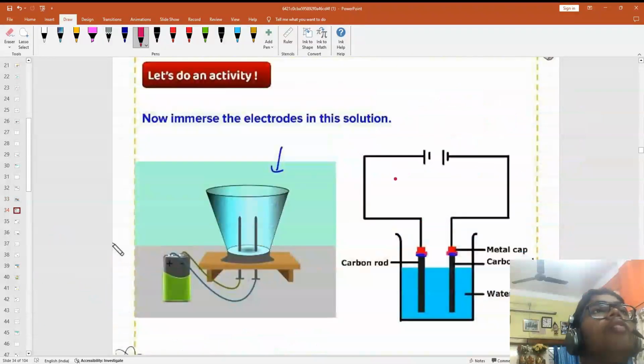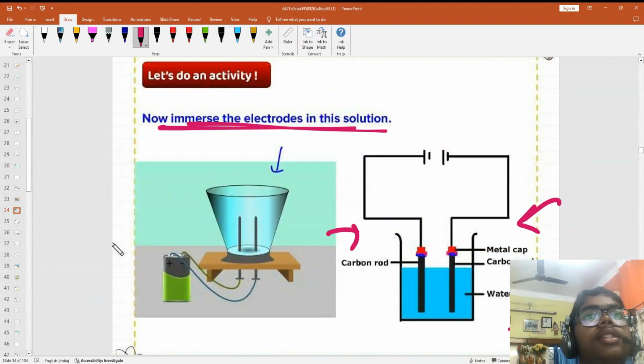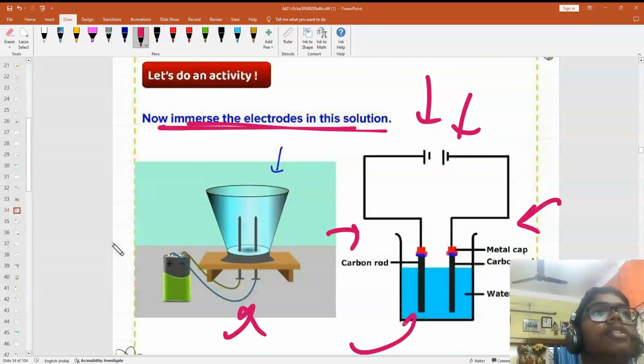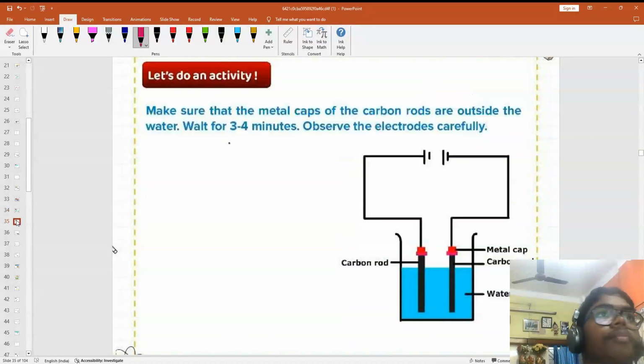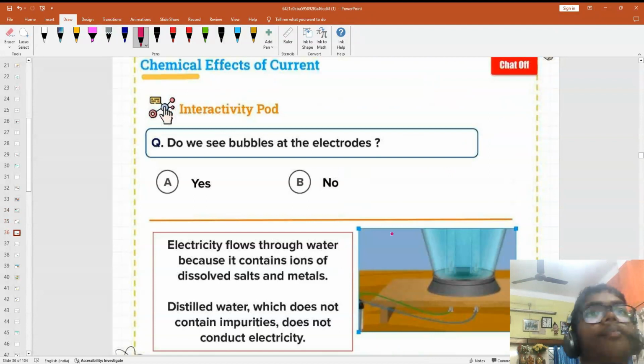Now immerse the electrodes, that means the two carbon rods we are immersing, and we are connecting them with the battery, in the water. This is real life, and this is the diagram. Now, when we observe carefully,